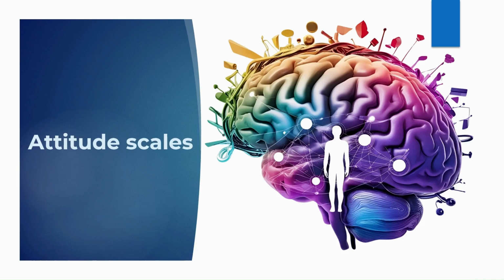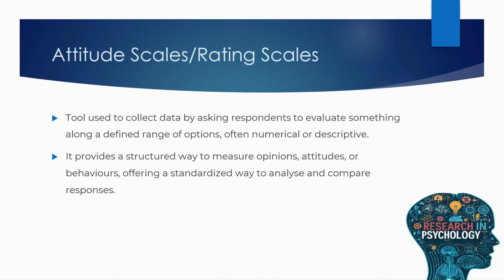Then the third method, we have attitude scales. So attitude scales are also called rating scales. So these are tools which are used to collect data by asking respondents to evaluate something or rate something along a defined range of options, often numerical or descriptive. So you might have seen those